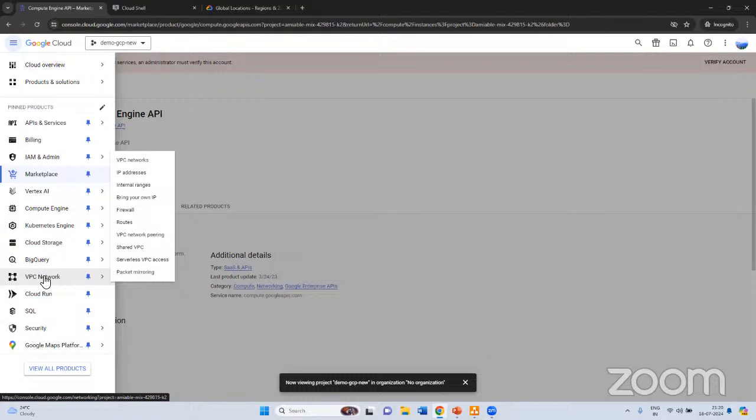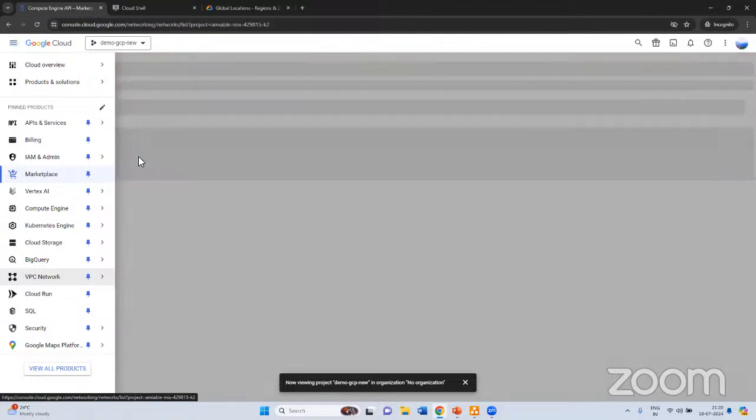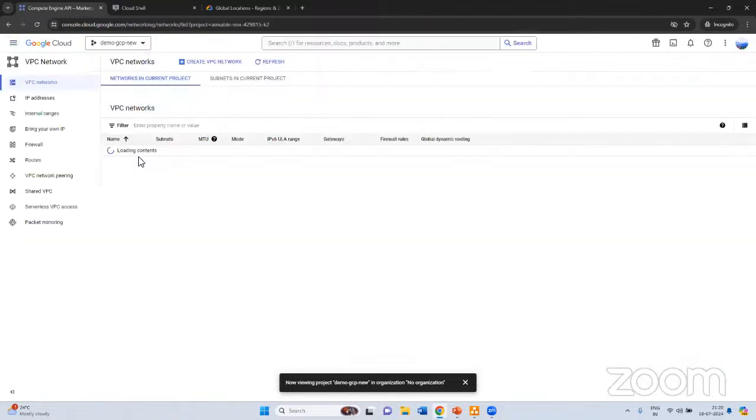VPC networks are nothing but a logical space you will get on the cloud, and VPCs are available globally. Suppose I have created a VPC. This VPC can be used anywhere across the globe wherever GCP is providing its services. If I create a VPC now, I can create one VM in India and another VM in the US, UK, anywhere across the globe. If I click on VPC network,